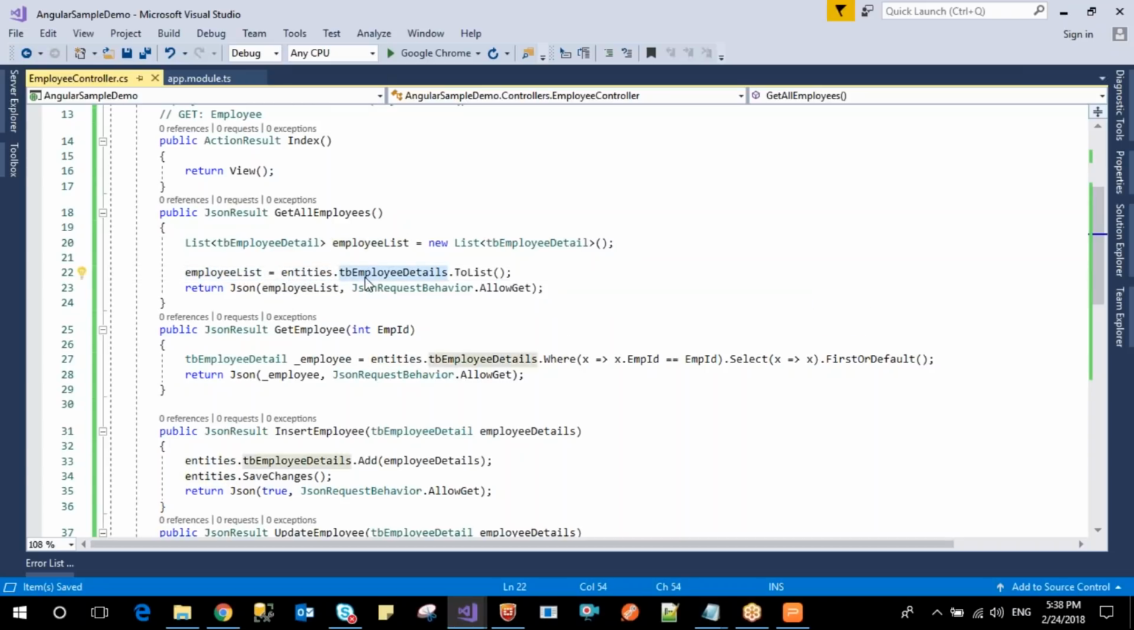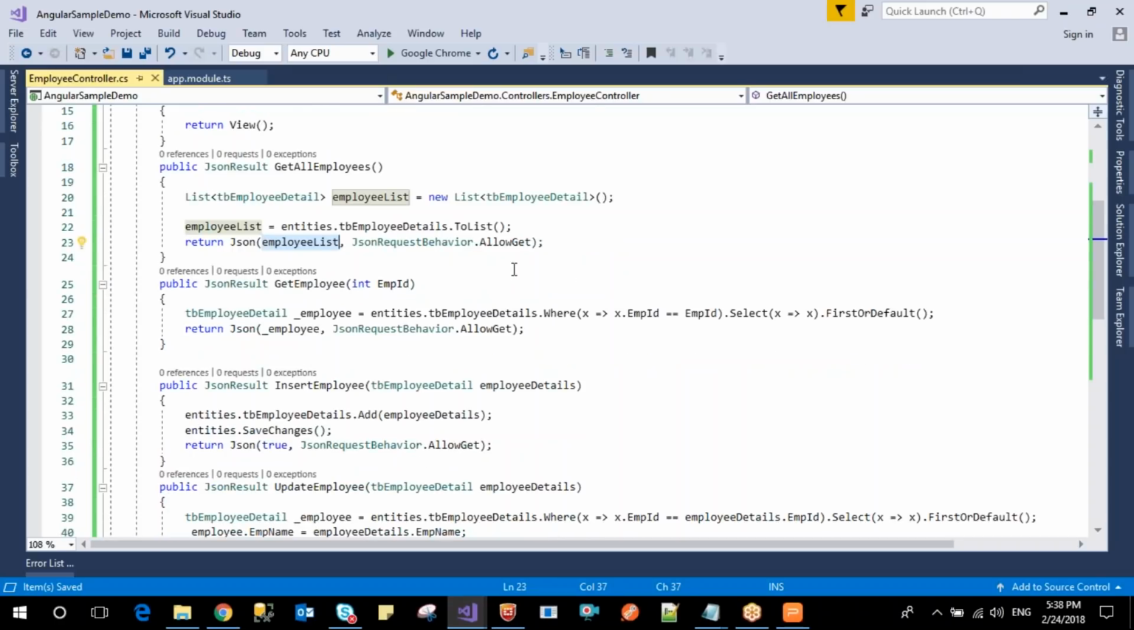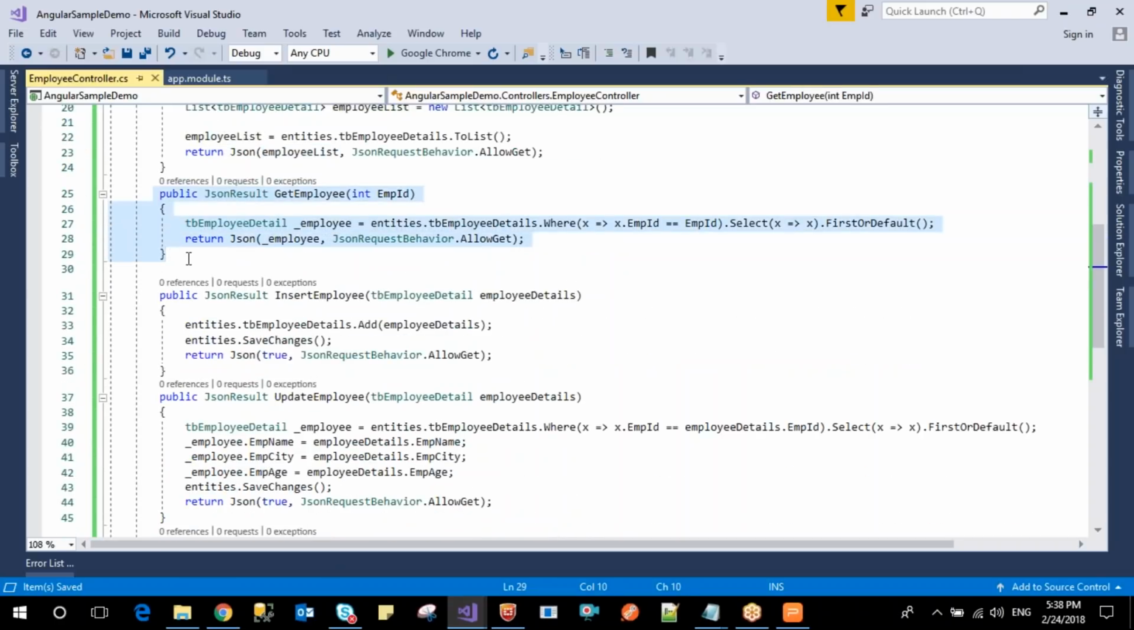In entity we have a DbSet for employee details, and it's going to return the list of employee details to the employee list, and the employee list is going to be written as response data. And this is the method which is used to get a particular employee from a database table. Then we are passing that particular employee ID, and